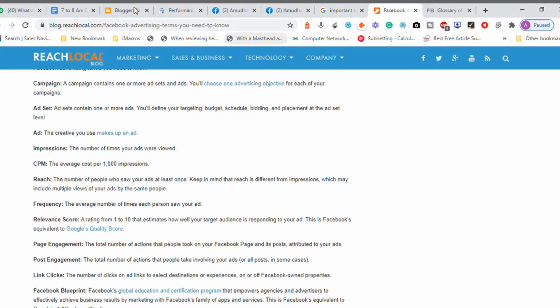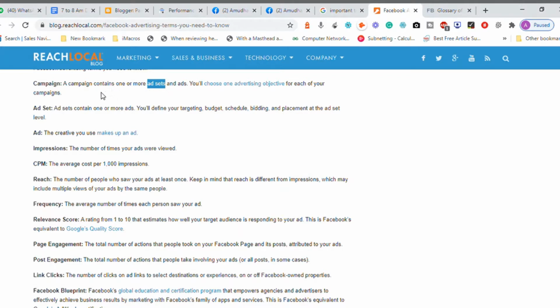Campaign, in general, is like a camp: army camp, NCC camp. So it's basically the camp. A campaign contains one or more ad sets. Now you need to understand what an ad set is. If you have understood the concept of Google advertisement with campaigns, ad groups, and advertisements, the same concept is going to work here also.